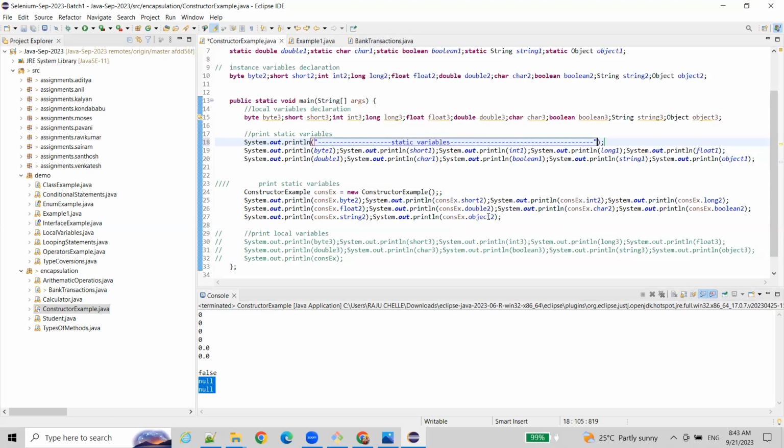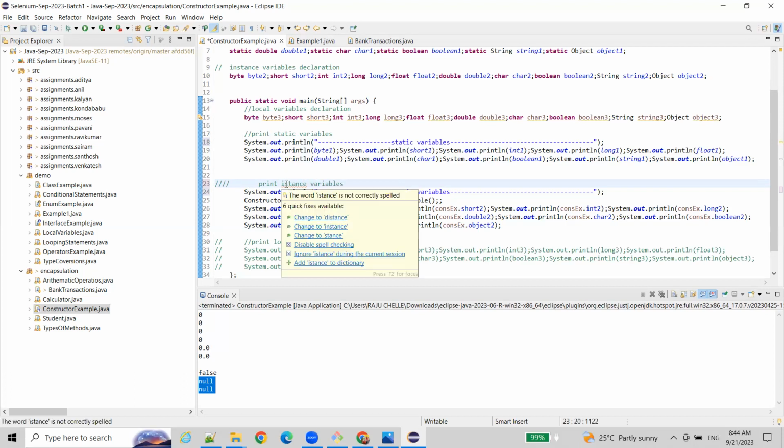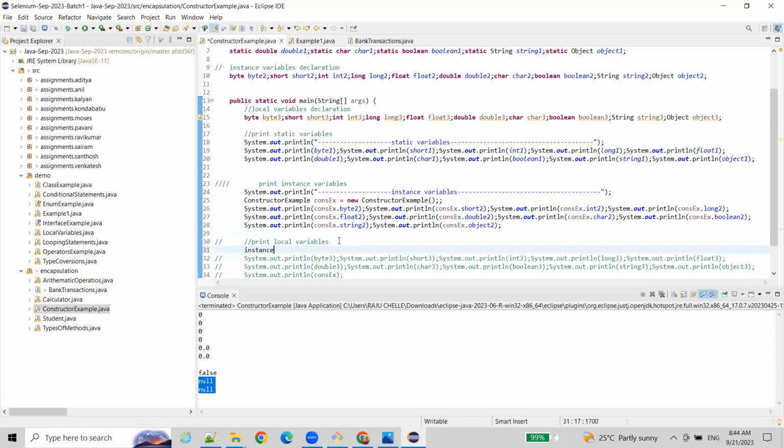These are instance variables, and these are local variables. So if I run it,